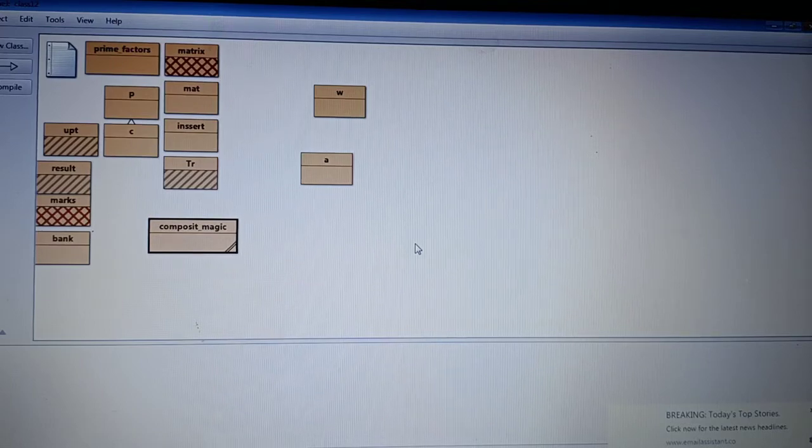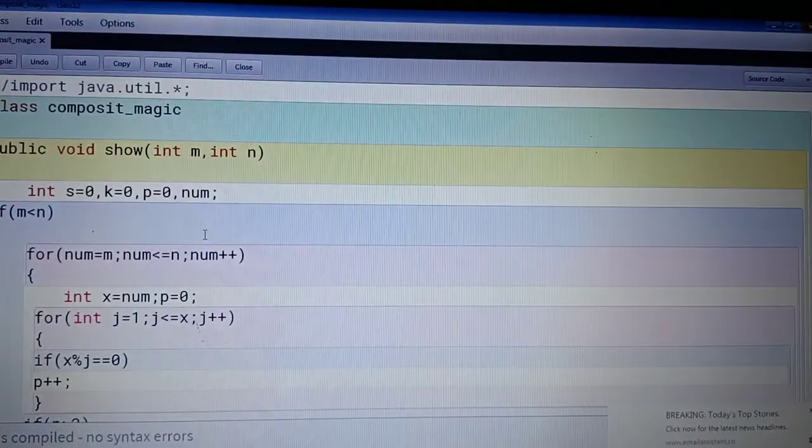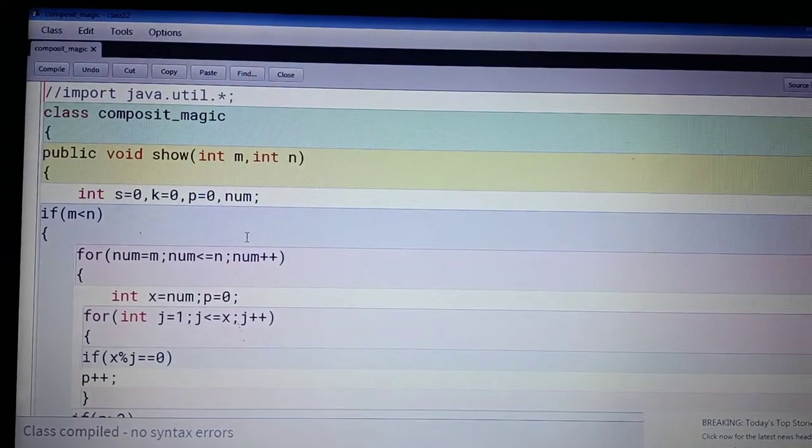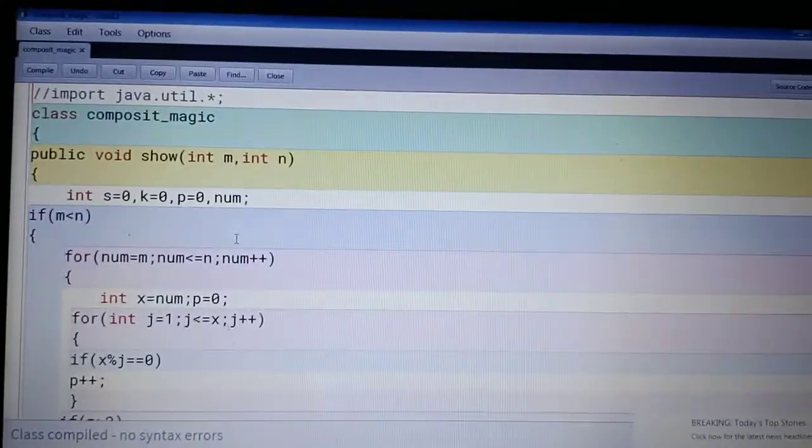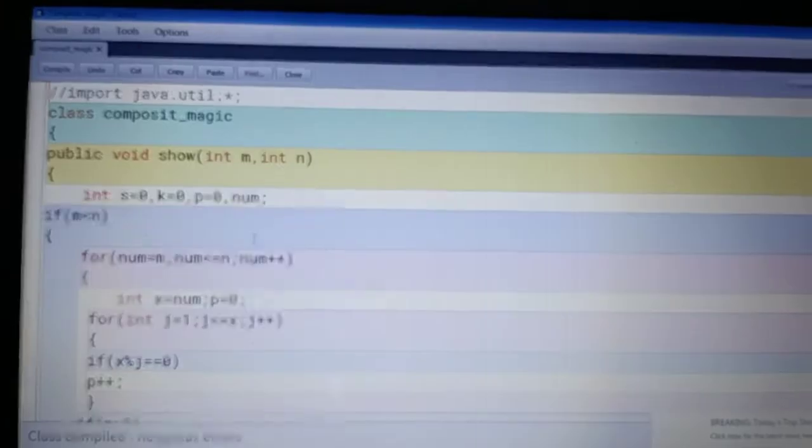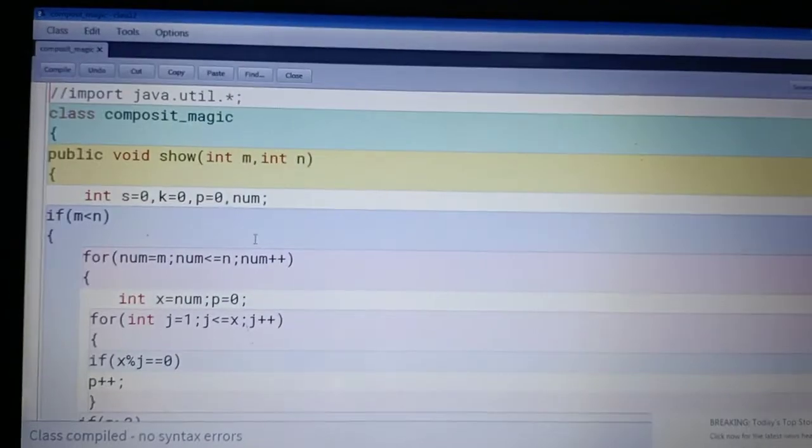Here we have to find the composite magic numbers in the given range. So let's see the coding of this program. Here I am using BlueJ. Start the class as CompositeMagic, then public void show method.